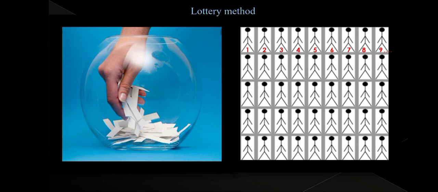When the population is infinite, or very large, in that case we cannot use the lottery method. Because suppose 5,000 people are there, then I cannot prepare 5,000 chits and put them in a bowl, right? It needs a lot of time and a lot of manpower. So the lottery method is not possible in that case. In that case, we have another method: we make use of random number tables. So this is about simple random sampling.